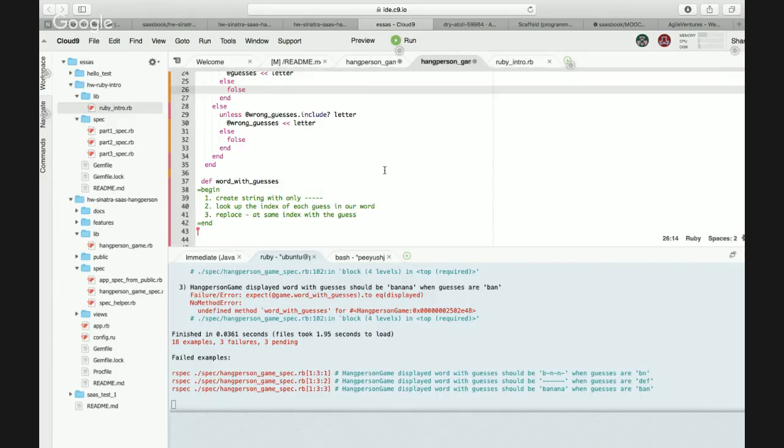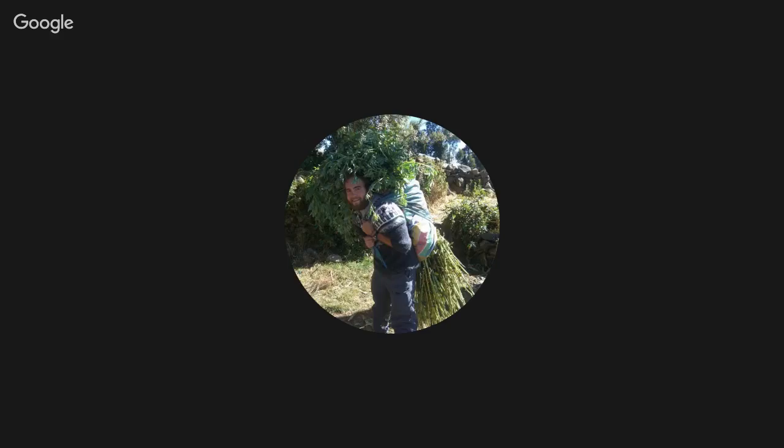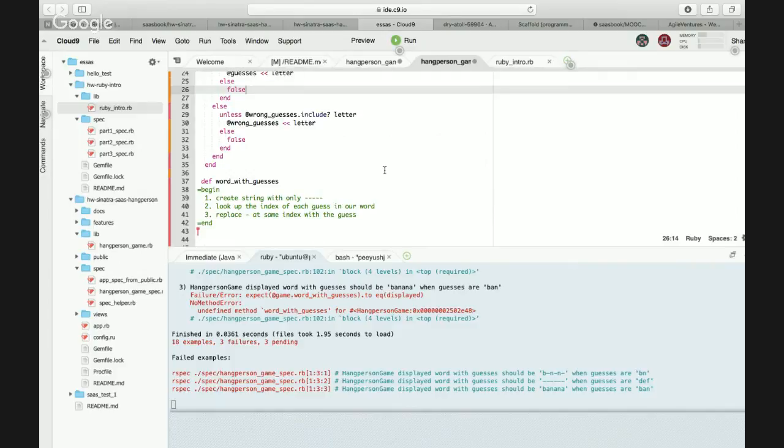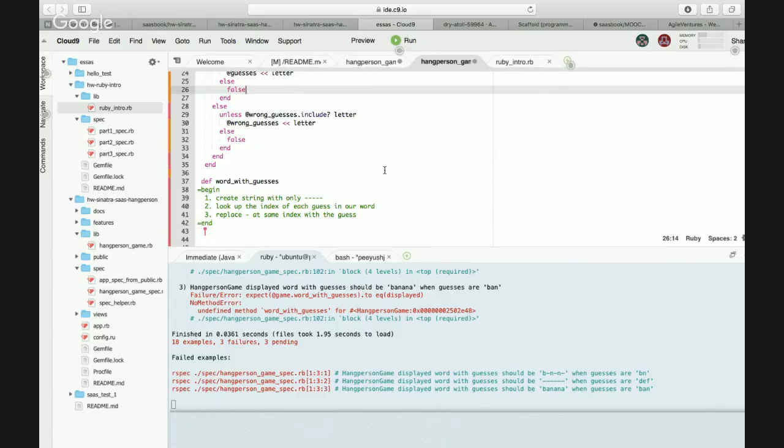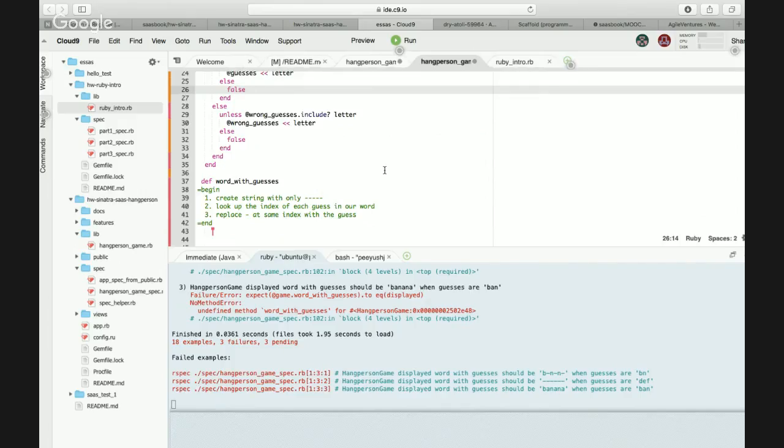I also don't know exactly. Let's fix this our way first, and later we can refactor and check out the Ruby documentation ourselves, later in the call. I don't even know how to do this.